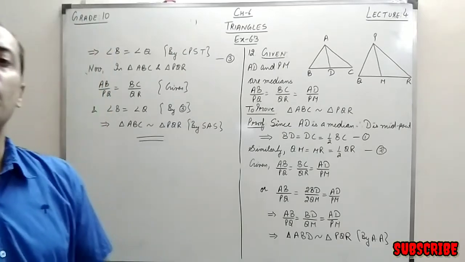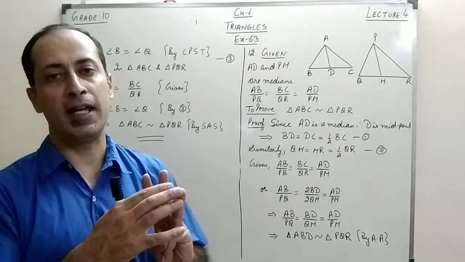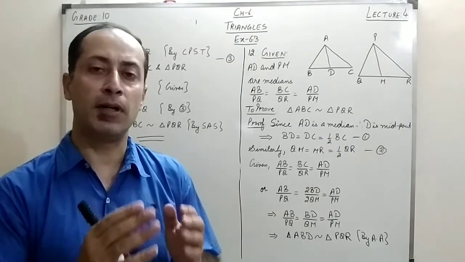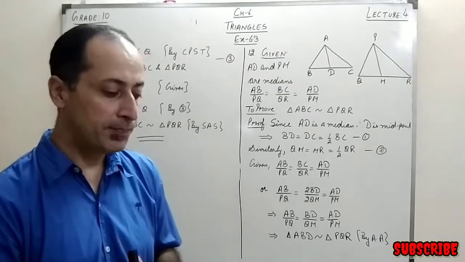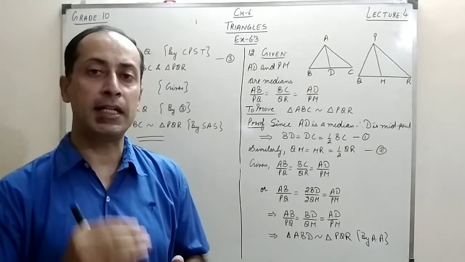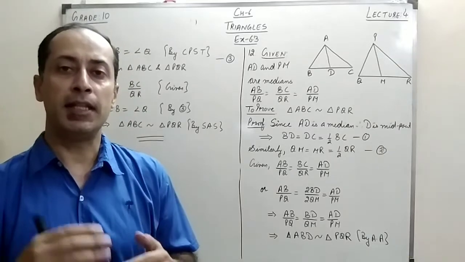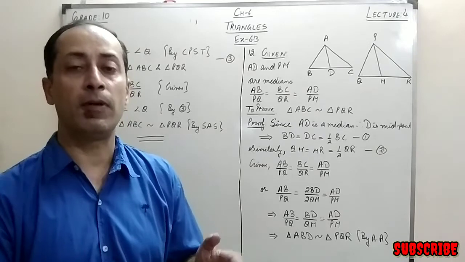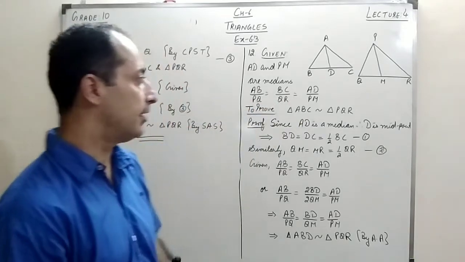Again, whenever we talk about similarity of two triangles, there are three ways: SSS, SAS or AA. See, this is the thing you have to think of in the beginning only. Why? Because if we keep in mind what similarity criteria we have to apply to prove the triangles similar, then only we can go through and think about what things we have to take for that. Right? Now, let's take this case.